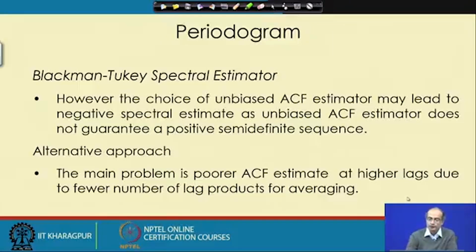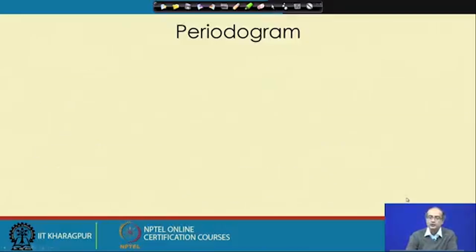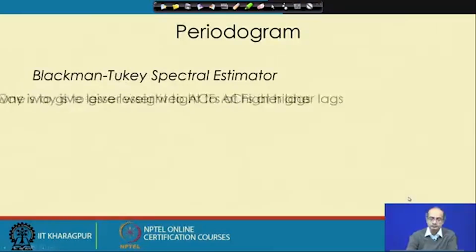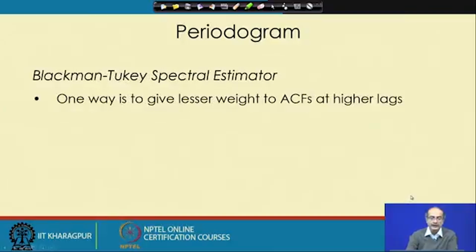So, we need to think from that angle and do something. So, one way is to give less weight to the ACFs at high lag. It is a very reasonable kind of assumption that where we have less confidence, let us use less percentage of information from there. Okay. So, that is the thing Blackman and Tukey suggested, and for that what they have told,